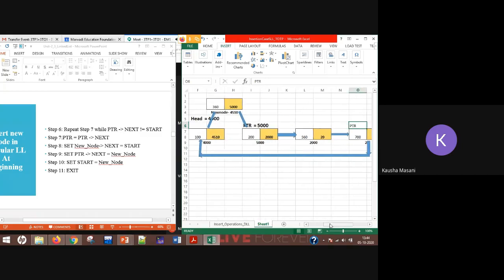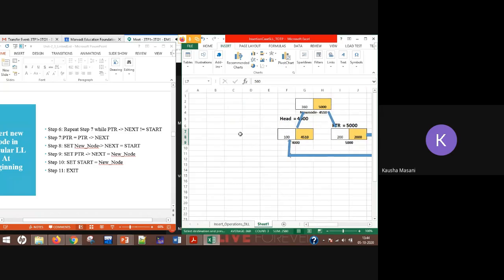Okay, I have a node value. Let's say I'm copying this one. I have created a new node, alright, which I want to place it here. Value is what? Let's say 3000. Okay, data part I'm going to give it as 660. This I'm not giving yet. Okay, this is the node which I want to insert at the beginning.